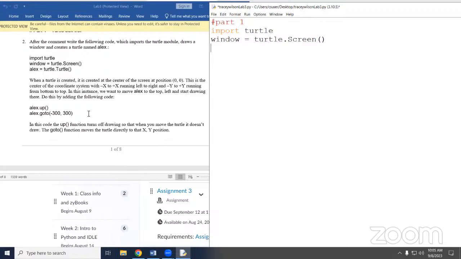And now we want to create our turtle. You do not have to use Alex as your name for your turtle, but that's what we used in the directions. So you can name him Jeffrey if you want to. The only problem with naming him Jeffrey is that it's a much longer name and you have to type more letters. I'm a computer scientist. I'm lazy, so I'm going for something like Tom, Bob, Alex, Joe. That's 3 or 4 letters. All right, Joe it is. You can name it Joe. That's fine.